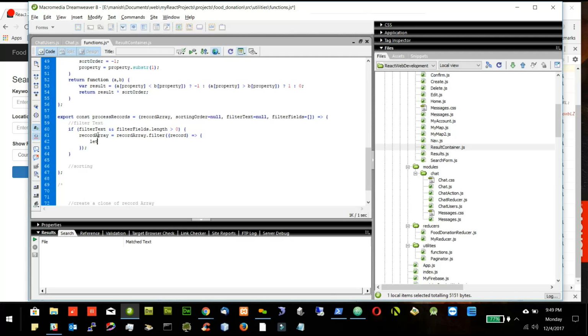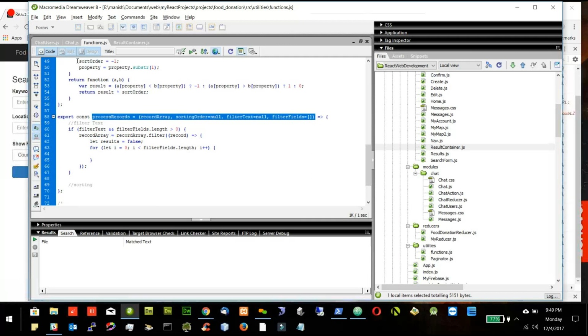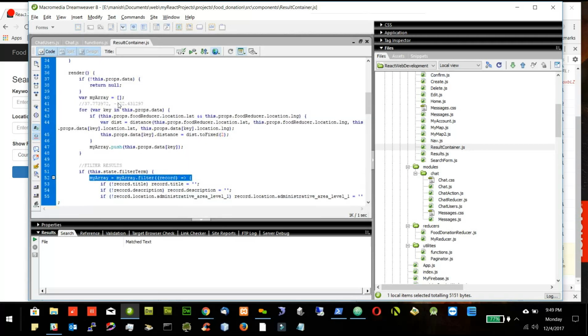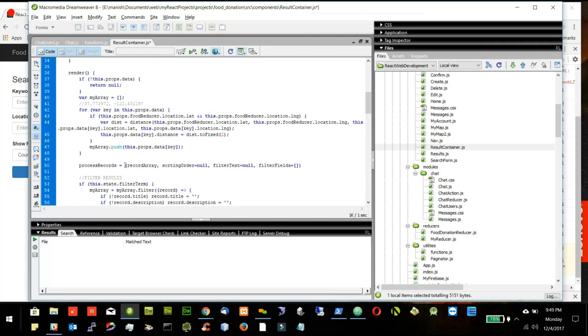So let's say let results equal to false. Now I will go through all the fields. These are the fields. So I will say for let i equal to 0, i less than filterFields.length, i plus plus. Now before I proceed, let me put this in and see in action how it looks. So I will go to the result container and call the processRecord,